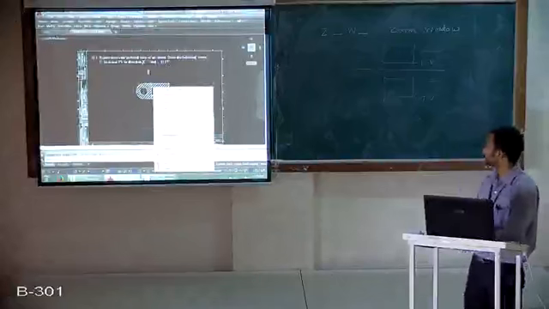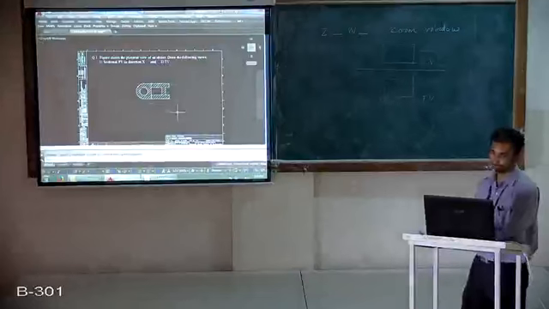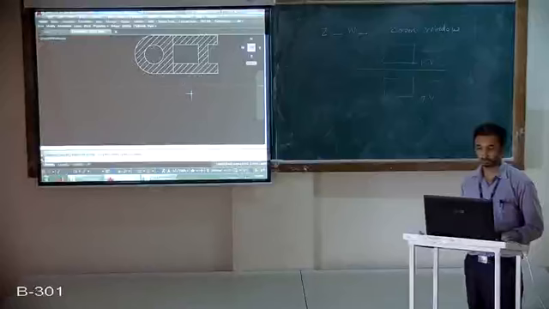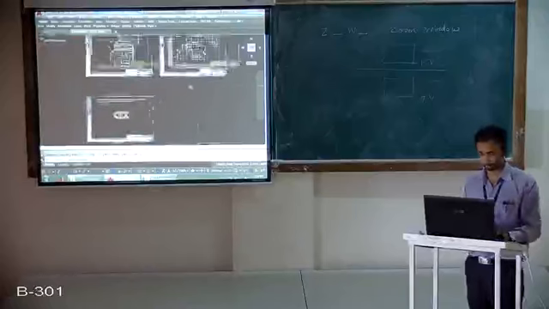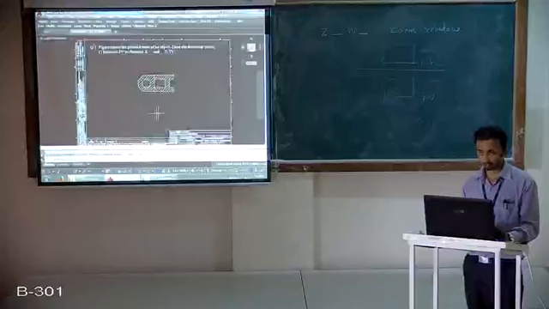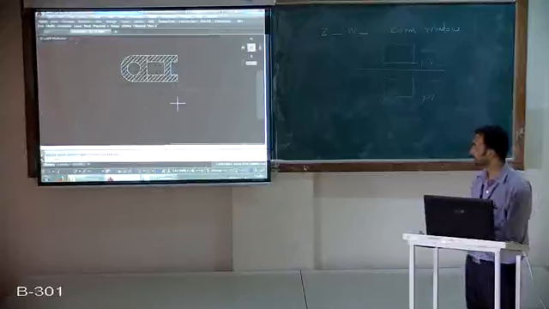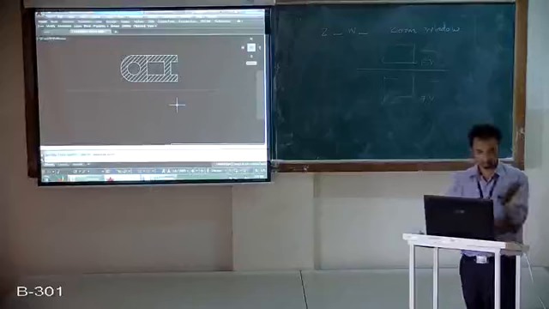Okay. So first of all, I will drop the projection from this view to the top view. What is the shortcut command for this projection? Dropping the projection. XL space V space. XL space V space. Then just go on clicking on these points. 1, 2, then this one, then this one, this, and this one. These are the points which are projected from this front view in the top view.